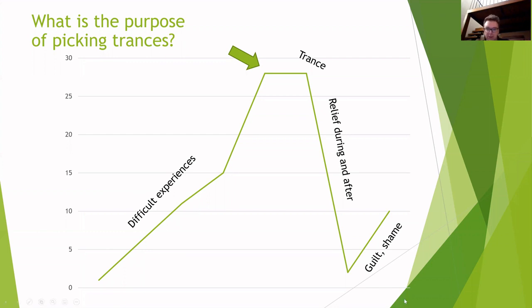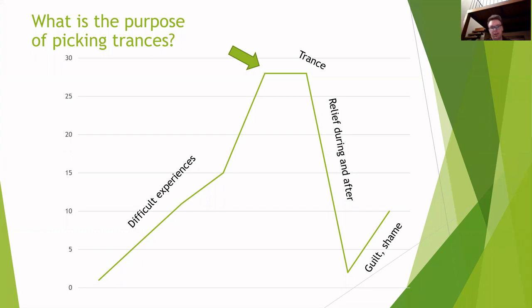And then you see this little upswing here, which is the guilt and shame that she felt afterwards. And this part here, with the guilt and the shame and the self-judgment, is exactly how these picking episodes perpetuate themselves. Because she was really calm, so that was good. But then tension spiked up again, creating basically a new curve that she has to climb up. It's like a new cycle. So it ends one cycle of tension, it calms you down because it has this soothing effect, and then guilt and shame start the process all over again.